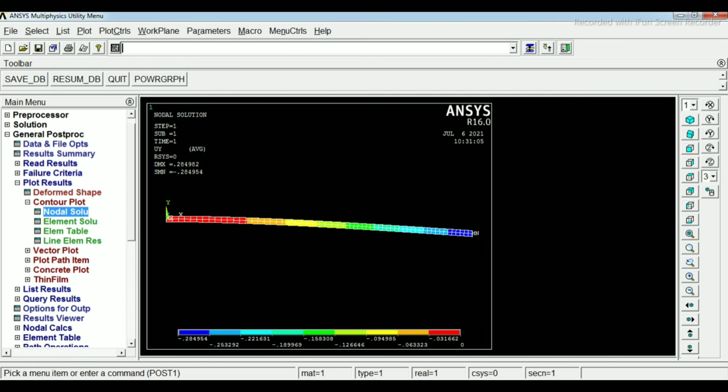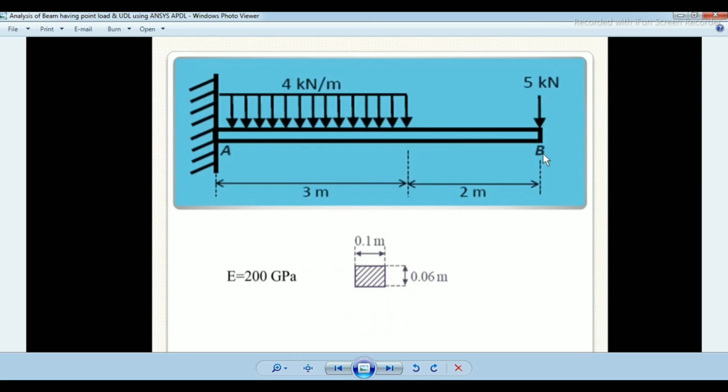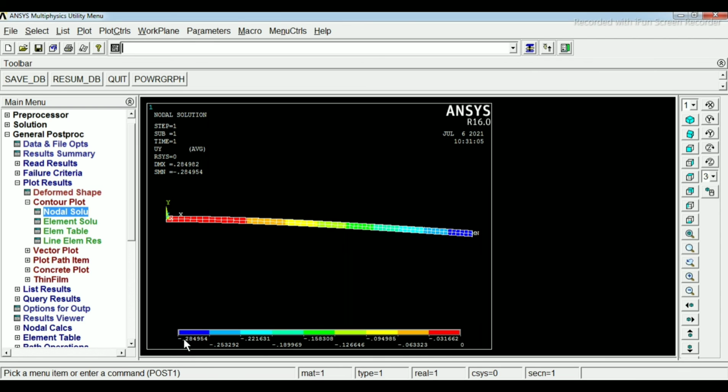There are deformation values given at both sections. You see there is point A and B, and the center one is C. This one is the deformation value at A, at this node, this key point or this line, and this is the deformation value for the other. The red one indicates that deformation is more at this node number 1. We have also seen that the deformation is more at the center node.